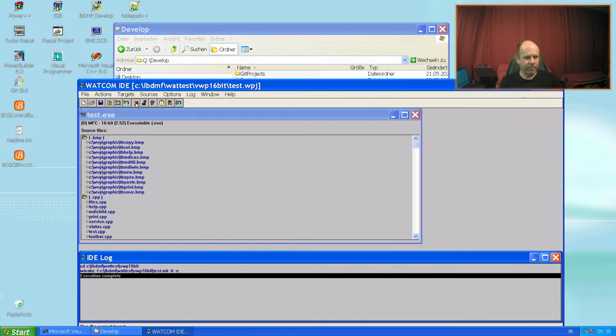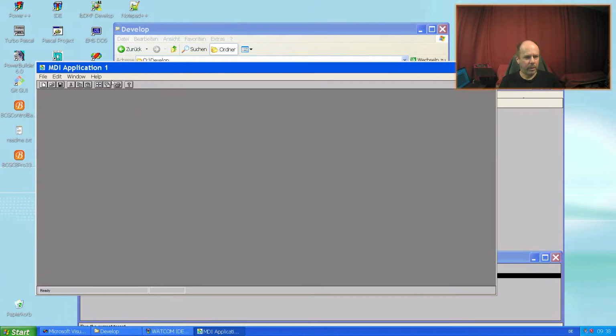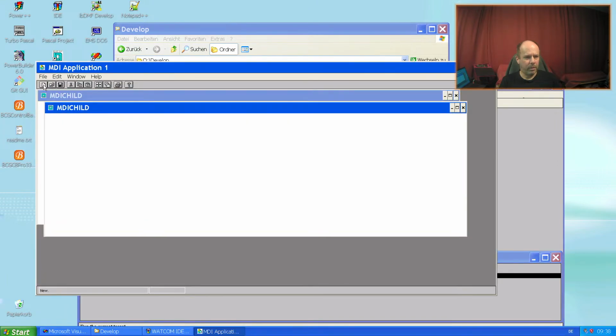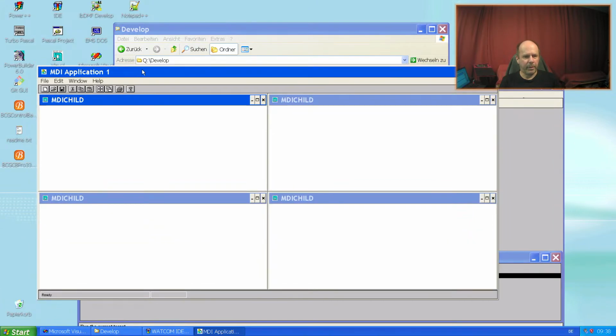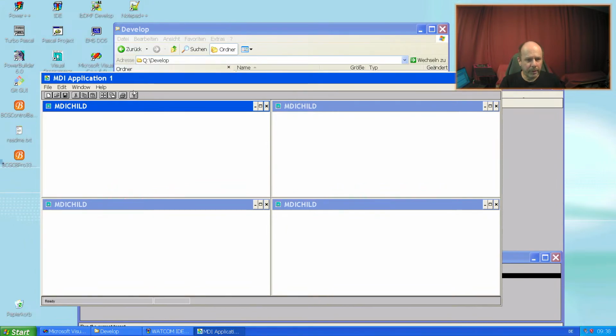It probably doesn't work. Okay, it works somehow. It's simply an empty application. The 16-bit application is painting well without artifacts at this point.